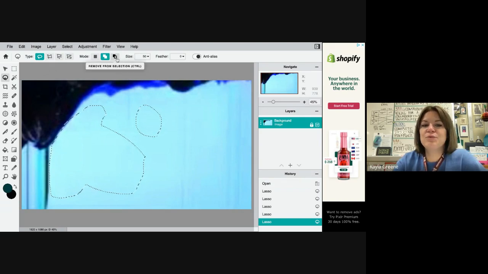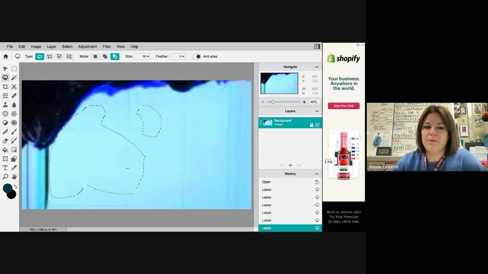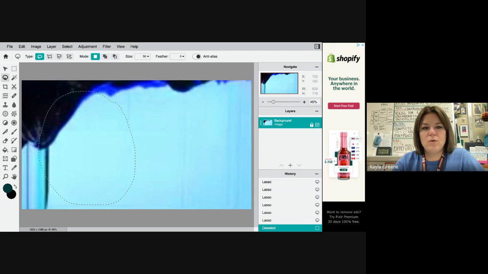And then let's go to remove from selection. This type, if you draw inside what's already drawn, it takes it away. So let's say that I'm going to deselect all. Let's say that you were trying to cut out this blue background and you accidentally selected all of this black area. You could go and remove this area from the selection and it'll take it away. And every time you click and drag, it will remove from that area